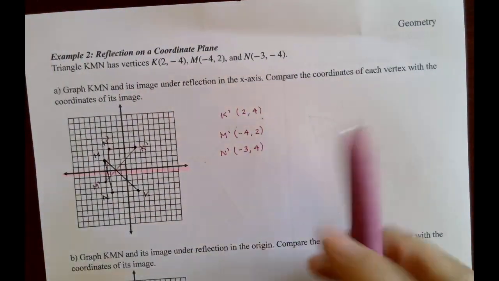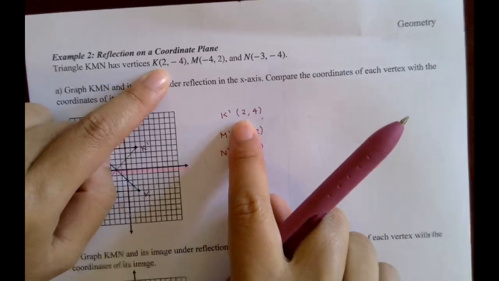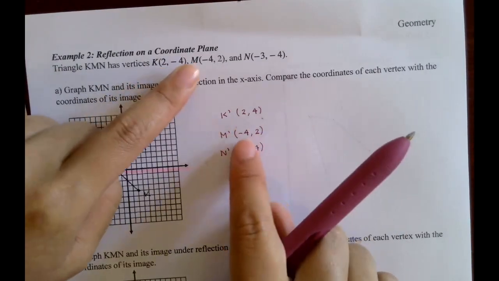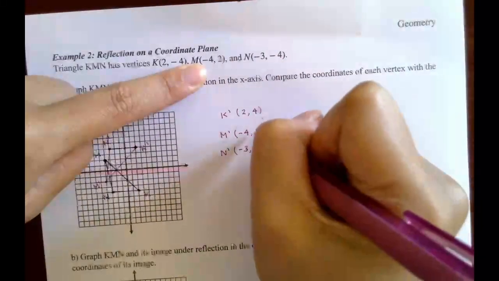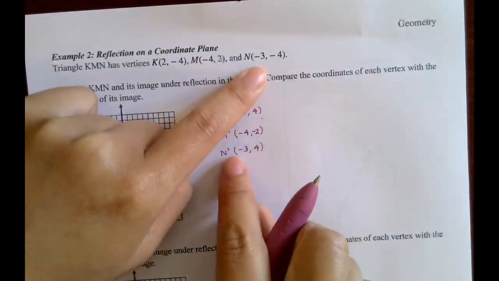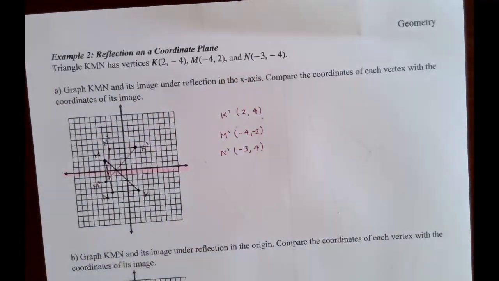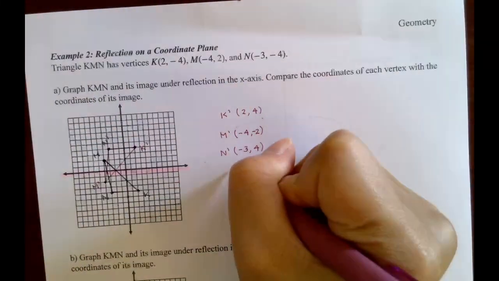Okay? So how do these compare? What changed for K? Okay? What changed for M? Oh, sorry, -2. And what changed for N? Okay? And what you should see is that when I reflect,